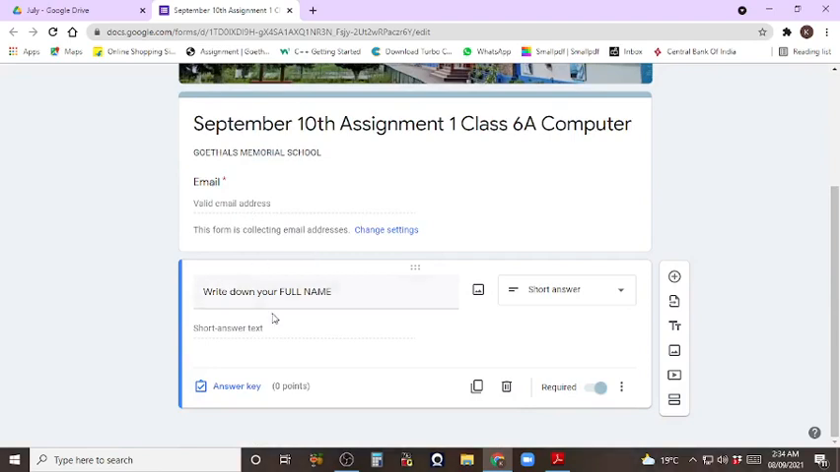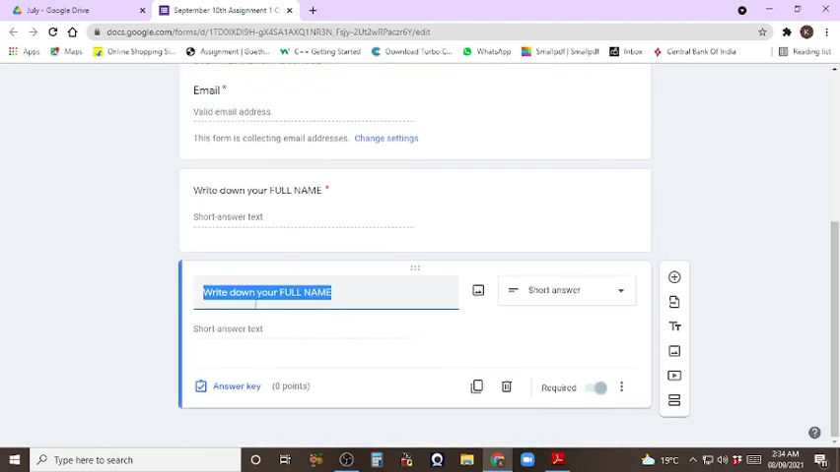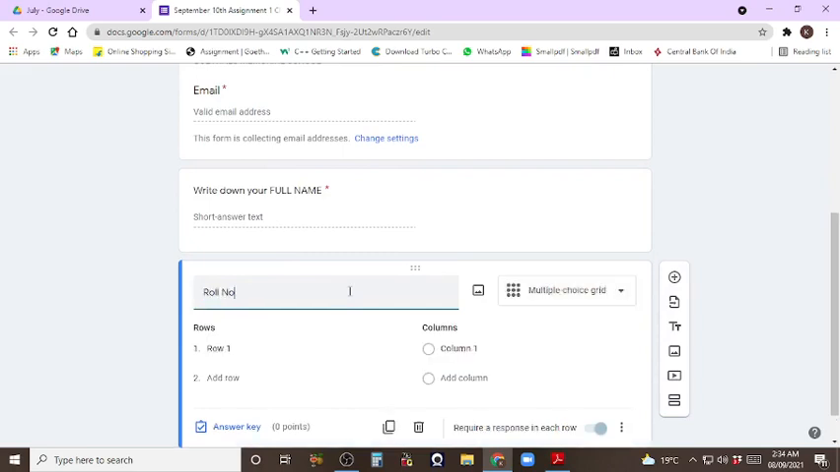So these two questions are there already. Now from here we need to start writing the multiple choice questions, because we are already collecting email, and we are collecting the full name also. If you want to collect the roll number, then you can always collect the roll number. You just click on this duplicate. So the full name duplicate has become